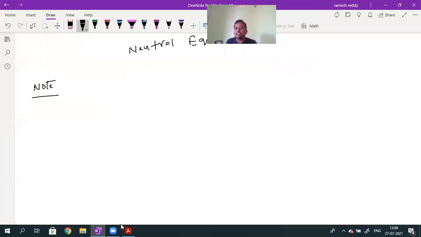Almost, what we are discussing is the second concept. I told you there are totally 5 concepts for this chapter. The first concept, magnetic moments, we completed. Now this is the second concept, and it is required mostly for the objective. So what about the first point in this note? Before telling this first point, first we should know one point.